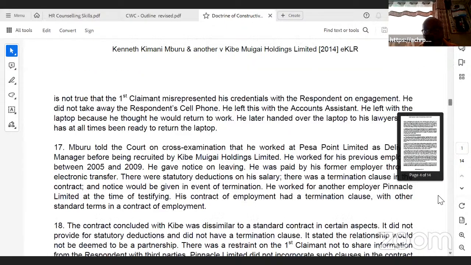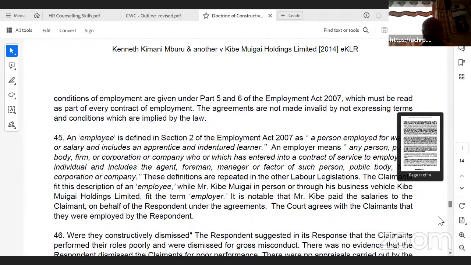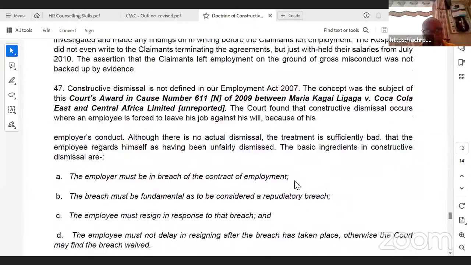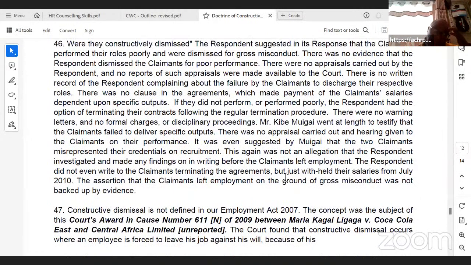And by the end of the day, let's see what the judgment says here on number 7, because what the claimants sought, what they wanted the court to rule, was whether they were constructively dismissed. The respondent suggested in its response that the claimants performed their roles poorly and were dismissed for gross misconduct. And so eventually,